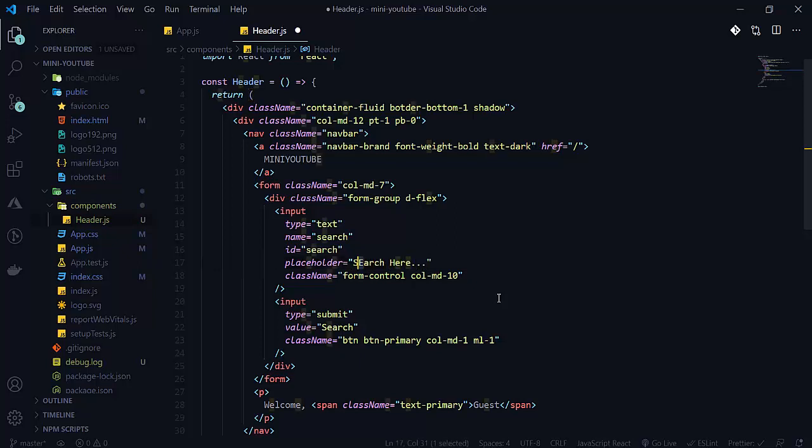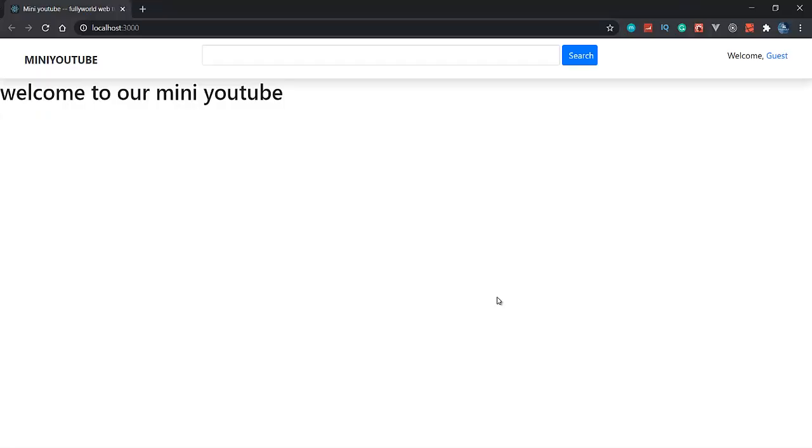I know that Material UI is better for React.js than Bootstrap here. But still, this is just a mini YouTube. My main motive is to tell you how you can get the data from your website, from the YouTube API, and how you can render it here, how you can click on any video, and how you can render the second video here, like YouTube does.